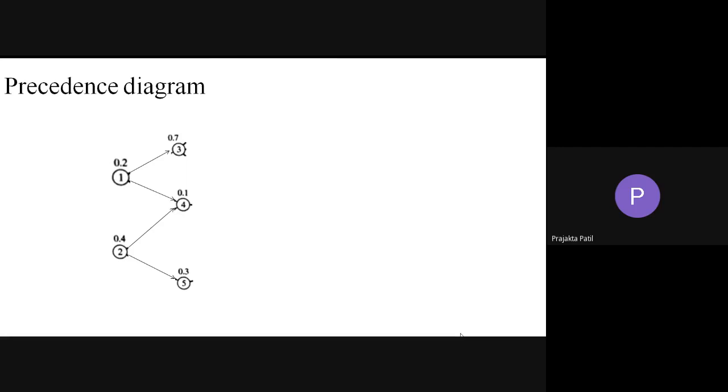So precedence diagram, are you studying in any other subject? No, ma'am. That's why it's confusing. You are not studying this in OR? I guess we have not reached the place where we come across this precedence diagram. Okay, fine. Then it's okay. Then we'll do one thing. We'll take this problem in the next week itself. Because I assumed that you all have already come across this precedence diagram thing.